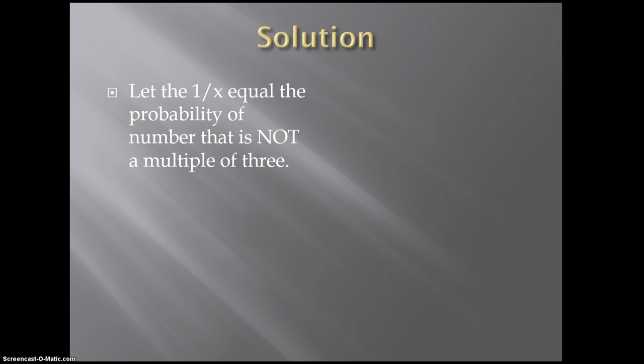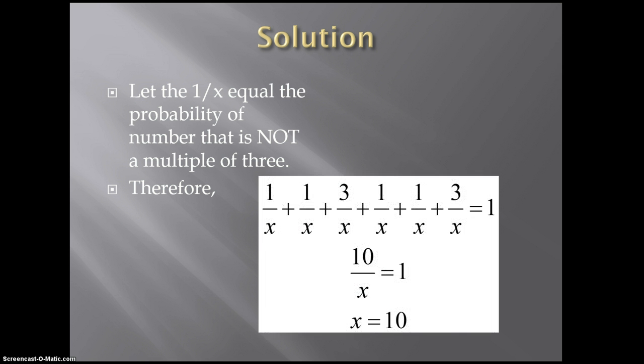Okay, so let's just go ahead and say 1 over x is equal to the probability of a number that is not a multiple of 3. So in other words, the probability of 1 is 1 over x. The probability of 2 is 1 over x. The probability of 4 is equal to 1 over x. And the probability of 5 is equal to 1 over x. Now notice that when we look at this particular diagram,